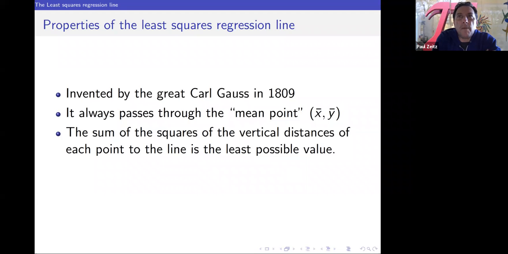And if you don't like squares because you wonder why squares, we talked about squares a couple of months ago. The reason you do squares is partly because squaring turns negatives into positives, so you don't have positive deviations and negative deviations canceling each other out. But also, when you add up squares of deviations, you get what's called the variance, which is the square of the standard deviation. And this was a mathematical fine point, which I mentioned a few months ago.